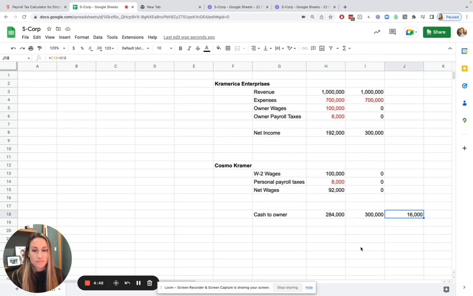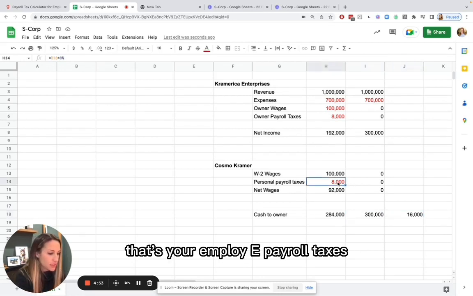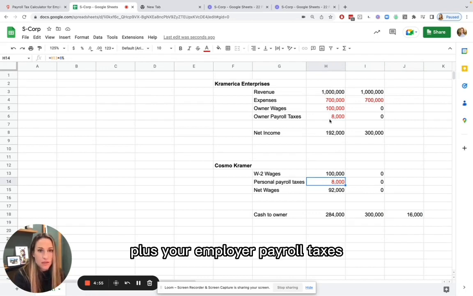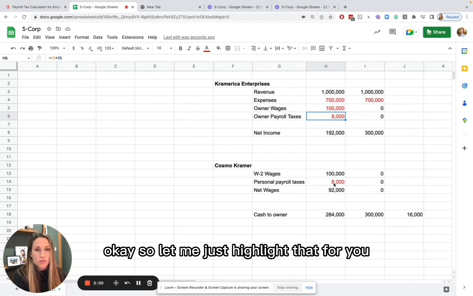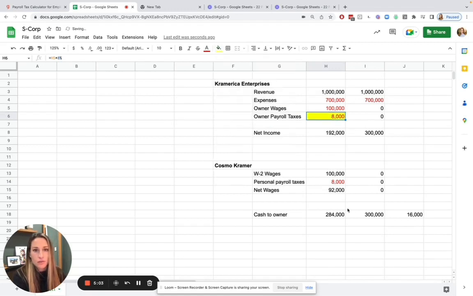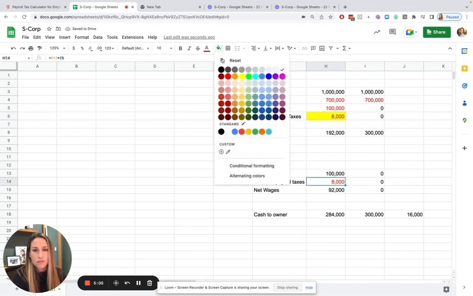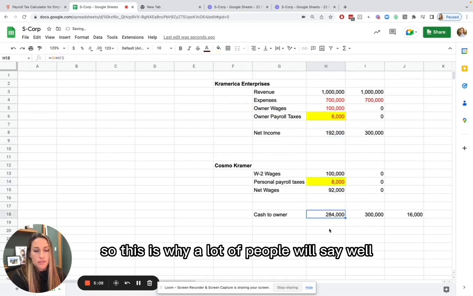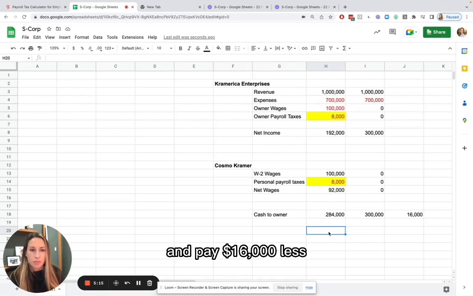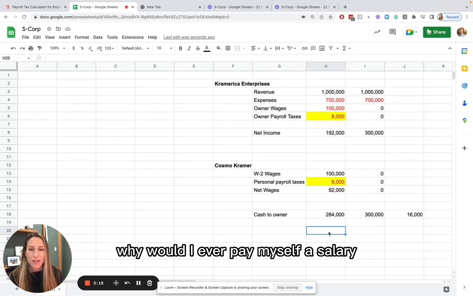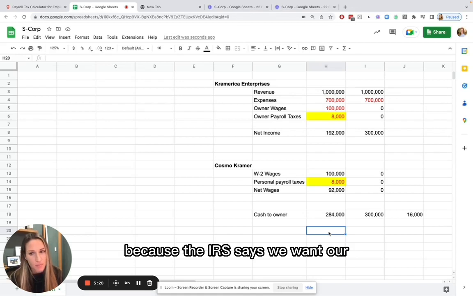What's the difference? The difference is $16,000. That's your employee payroll taxes plus your employer payroll taxes. Let me just highlight that for you: 8,000 plus the 8,000. So this is why a lot of people will say, well, if I can just take everything as a distribution and pay $16,000 less, why would I ever pay myself a salary? Because the IRS says, we want our